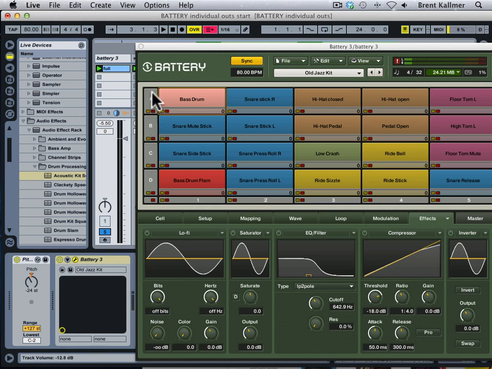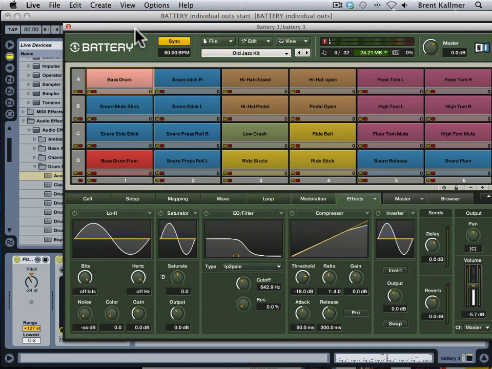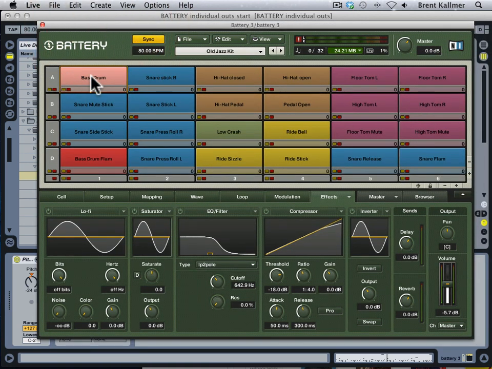But it doesn't give us a great deal of flexibility in terms of processing these hits individually, because whatever effect we apply to this track is going to apply to all of these drum hits. And we might want to have more flexibility than that in terms of compression and saturation or whatever else you can think of. We want to divide and conquer with these hits. Battery accommodates that quite easily, so you can select the cell that you wish to send the signal from,